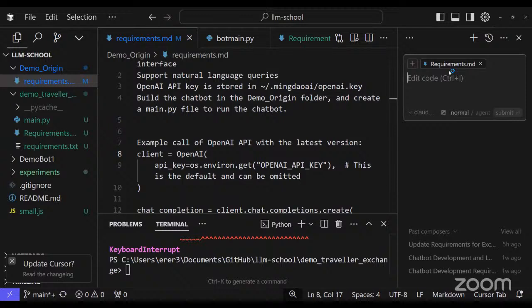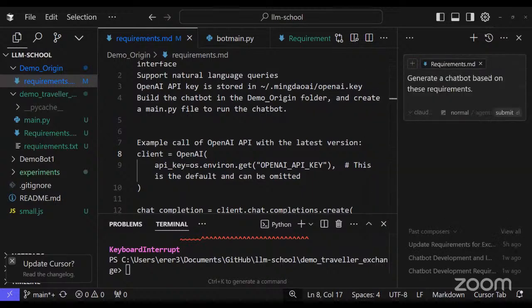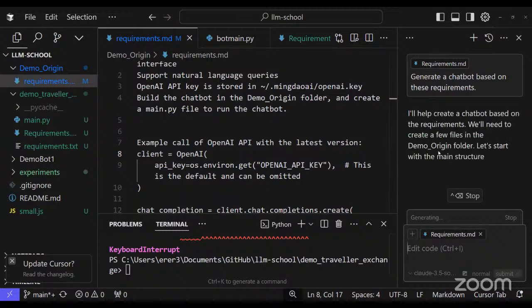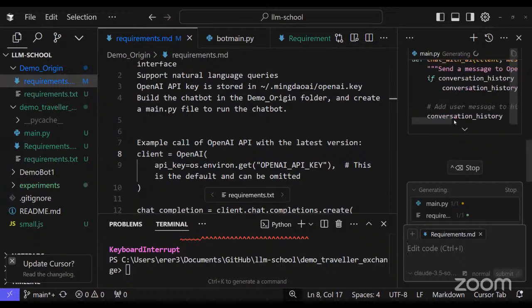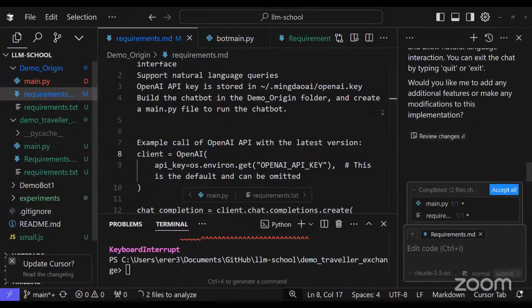On the right, I'll now ask it to generate a chatbot based on these requirements. And I'll give it the context of the requirements I have written right here. The interface takes a short while to run as it's communicating directly with Claude, but it will produce in the end a fully functional ChatGPT interface, as you can see here.